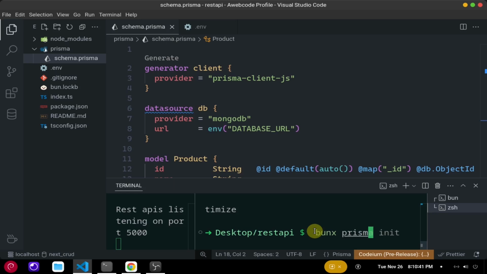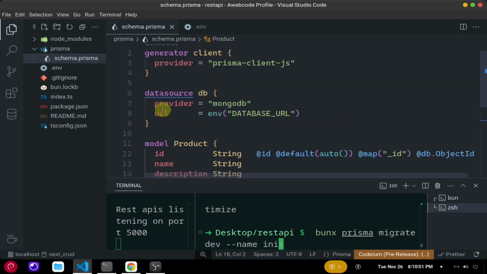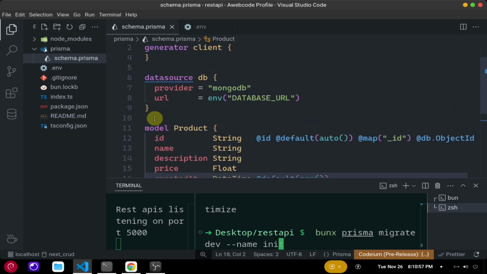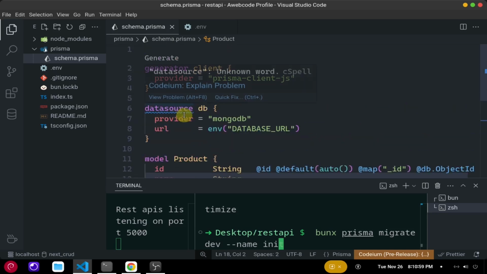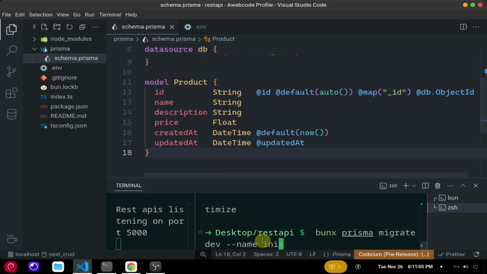So this is the command. You can give it any name, and it will create a new folder in the Prisma directory called migration, and it will keep the history of everything whenever you make changes. So that is it, and this is the model. This is our Prisma, very simple,